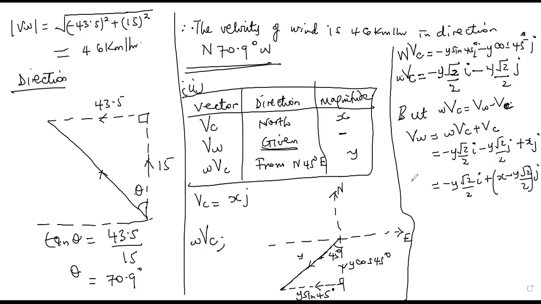This is velocity of wind. But remember, they told us that the velocity of the wind remained constant, and we already have it. It was 43.5i plus 15j. But velocity of wind is equal to negative 43.5i plus 15j. So we shall equate, implying that if I go this side, I will